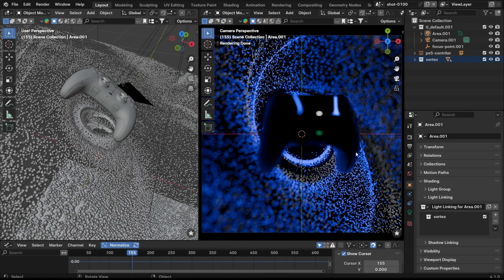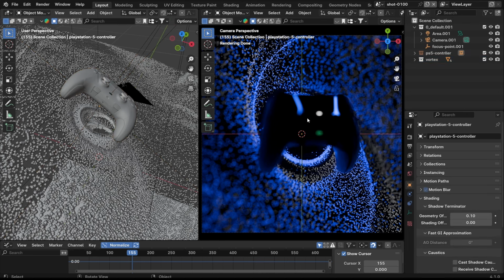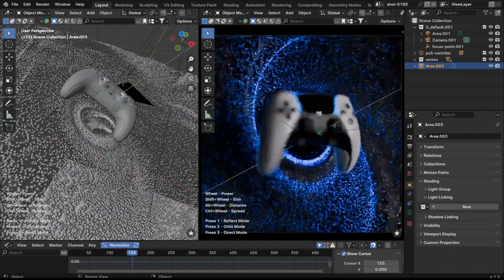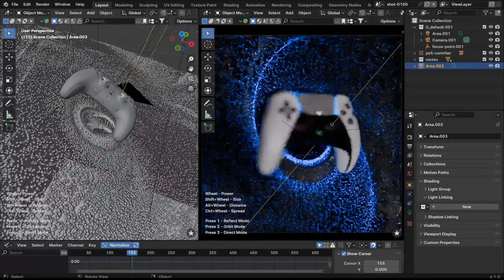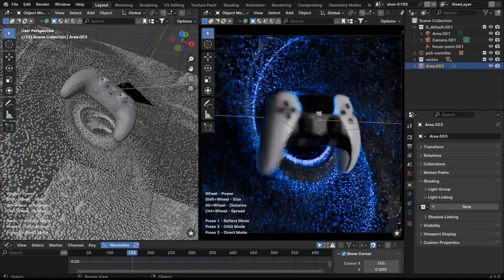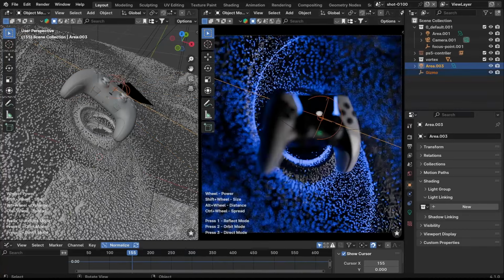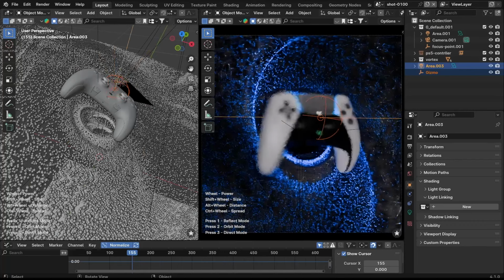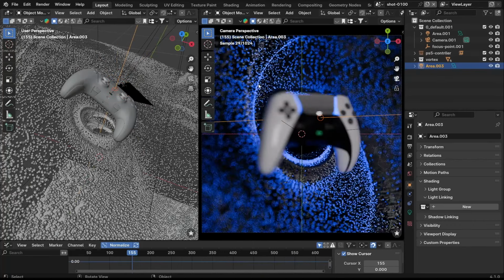Okay. So now if I make a new light, I'm just going to right click. I have an add-on for my lights. It's a really cool add-on. And I'm just going to hit add light. So I'm going to start dragging it around across the controller, and it's just placing my light at different angles as I'm dragging it across the controller. So I'm just going to go dead center. I'm going to press 2 so that I can just start rotating my light around. And then I'm just going to place my light right here for now